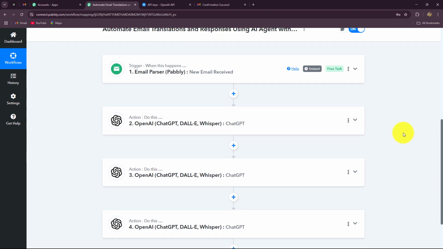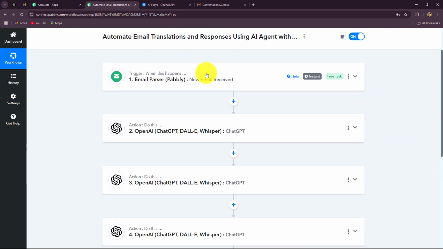My automation is completed, and now every time we receive a new email from a lead which is going to be in a different language, automatically with the help of this automation the responses are going to be generated. And whenever we receive a new inquiry from a new lead, even if it is in a language different from ours, automatically with the help of our AI agent the translation is going to be made. Also, a response which is going to cater to all the needs and requirements of the leads is going to be generated, and the same response as an email is going to be sent to the leads or clients. So I hope this automation is